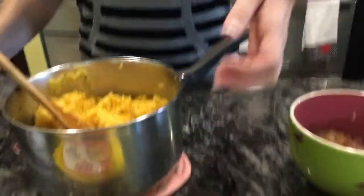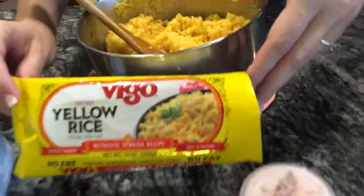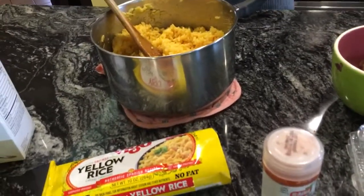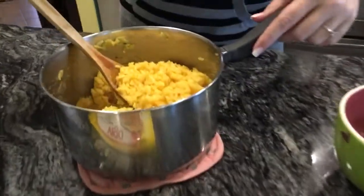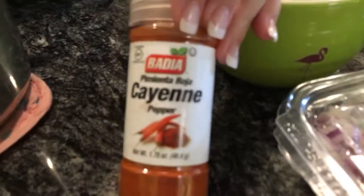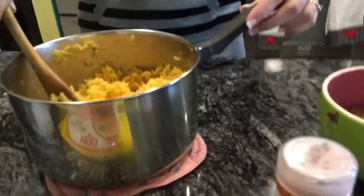I started with the main ingredient, Vigo yellow rice, a small package. And instead of using just water to cook it with, I used half water and half chicken broth. And to add the spiciness, I added a little bit of cayenne pepper. Once I cooked all the rice, I set it aside in the pot, and the next step was grabbing a